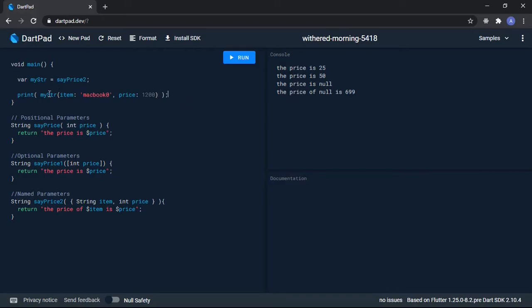We are just assigning a function to my string without calling the function. That means my string is now pointing to a function, right? And then we are calling my string later on, whenever we want to call it down the road, wherever we are. We just call it, pass the values we want to pass, and run. We will see MacBook 0. How did I put this 0? And we will see that. So this is what it means, because we can assign